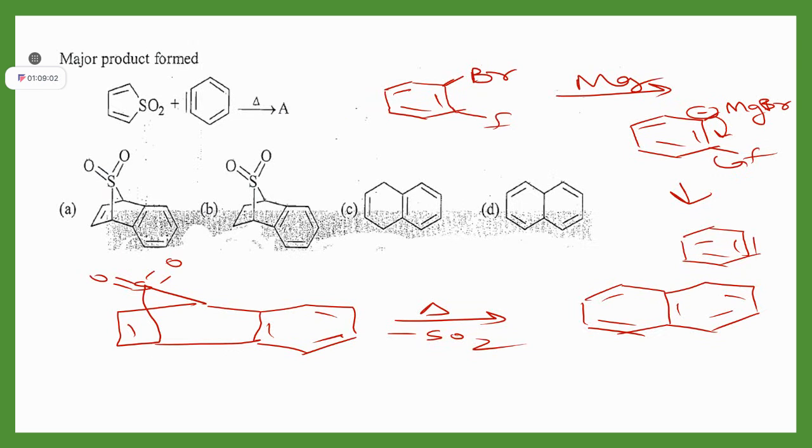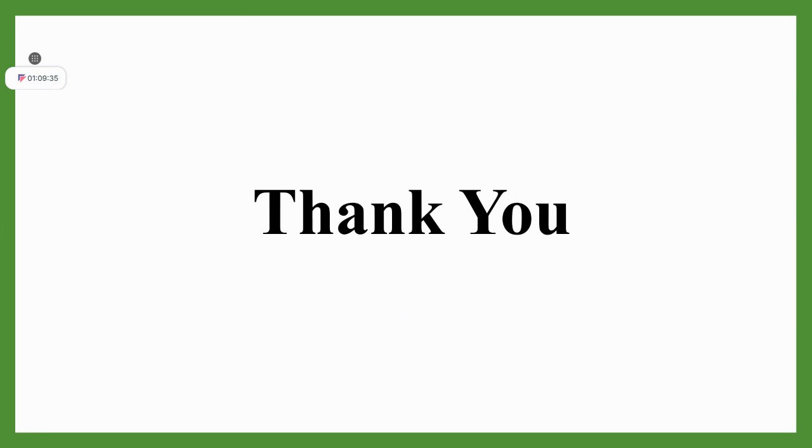So this is all for today's problem solving session. In conclusion, today we have discussed questions based on higher order cycloaddition reactions, that is 5,5 sigmatropic rearrangement, and we have seen how we have to draw the diene in chair form in order to get the stereochemistry of Cope and Claisen rearrangement. After that, at last we have seen some examples of cheletropic reactions in which there is extrusion of these stable molecules. So thank you students.